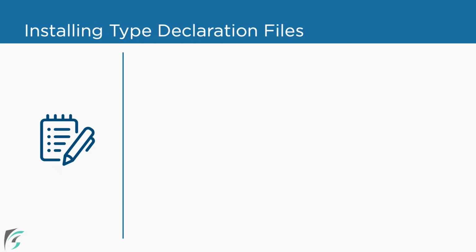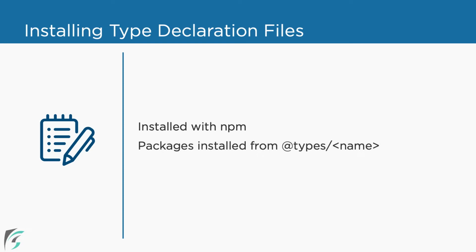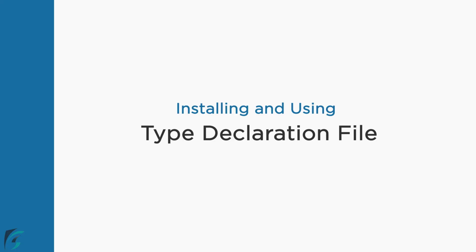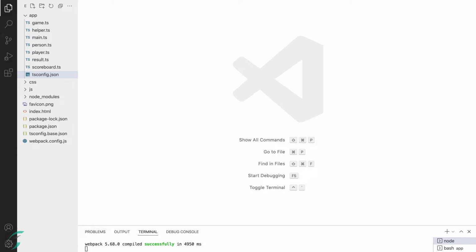We can install the files easily by using npm just like any other packages. They all exist inside the @types organization and usually have a name that matches the library that they belong to. The files are sourced from the DefinitelyTyped repository on GitHub. Let us install a type declaration file and use it in our demo. I'll use npm to install the declaration files in our demo app. Let us move to the official TypeScript website and see how to search for the available files.